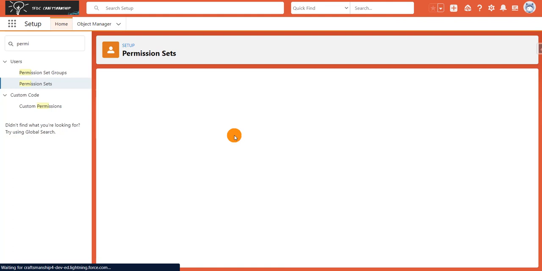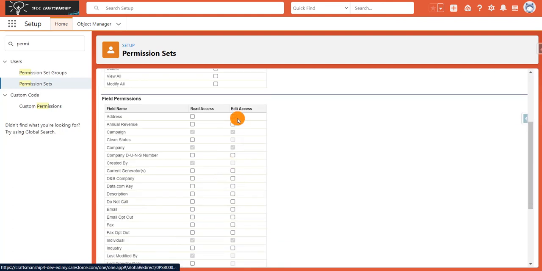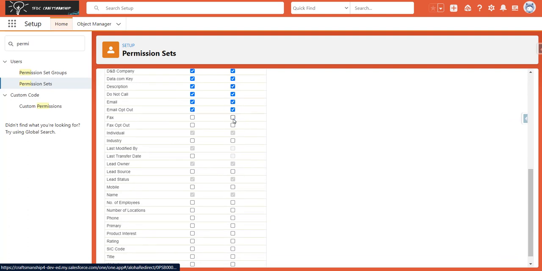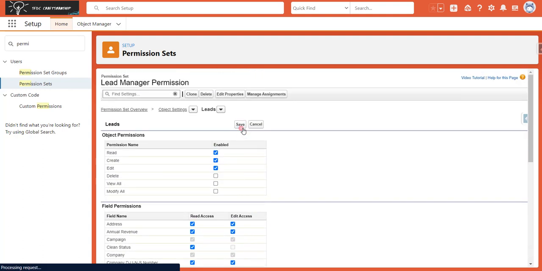I'll give read, create, edit permission on the object level, and also give edit access to all the fields. Once you are done with the permissions, click on save.